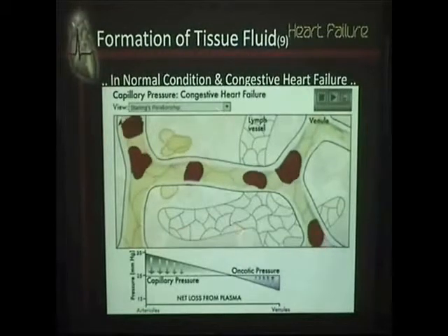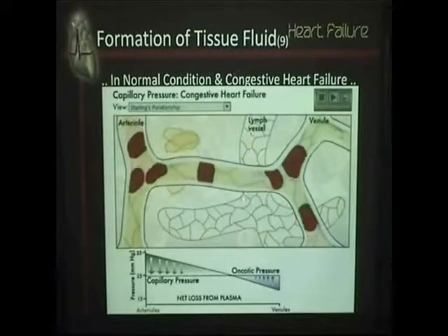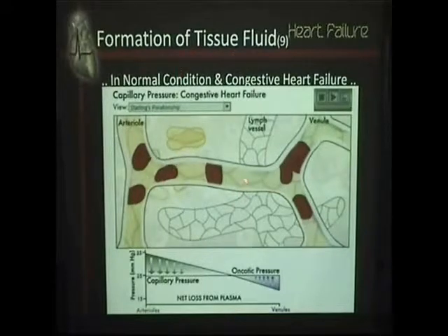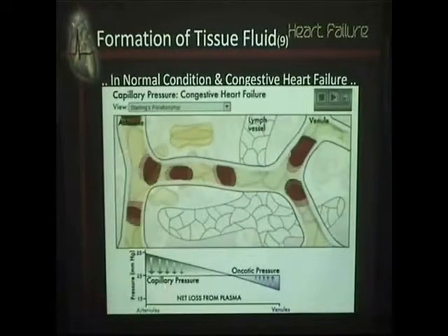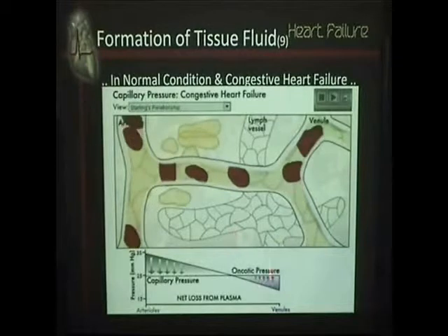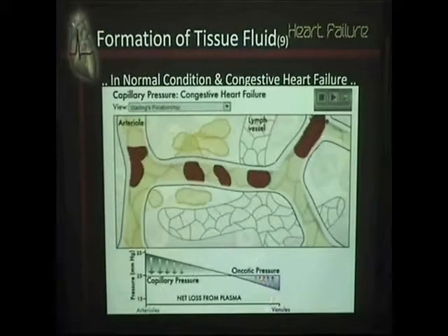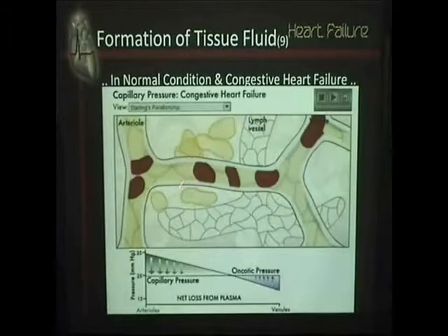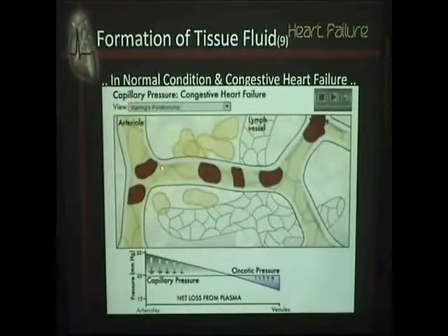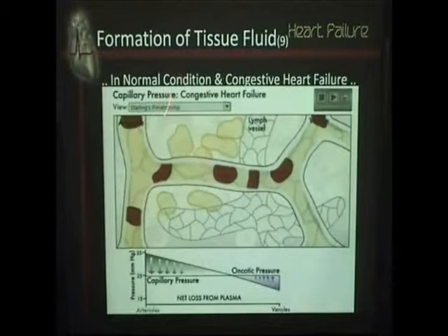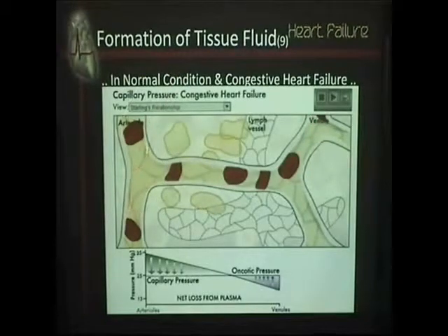This part of the video is showing what happens in congestive heart failure. In congestive heart failure, the capillary pressure and the oncotic pressure become imbalanced, which means the capillary pressure is still the same, but the oncotic pressure becomes low, which results in the fluid leaking out from the plasma to accumulate in the interstitial space of the tissue, and it then